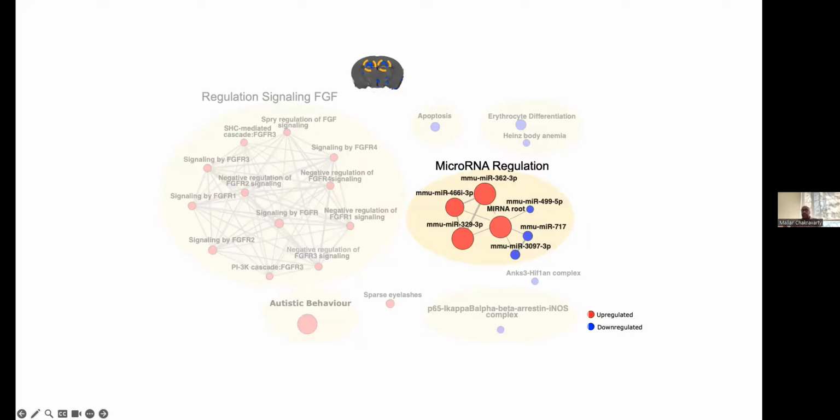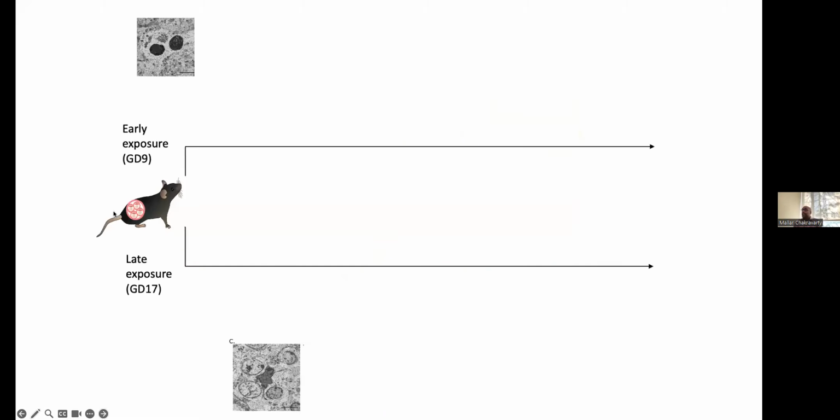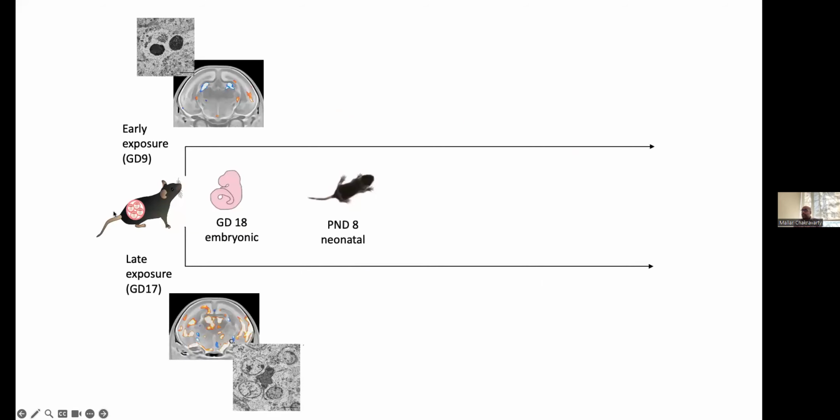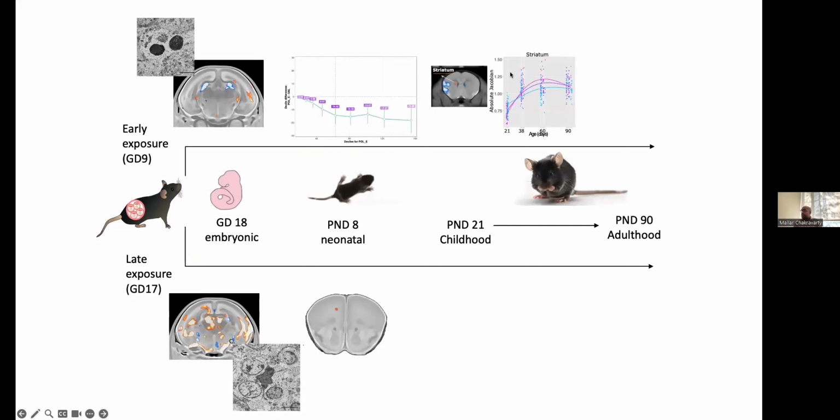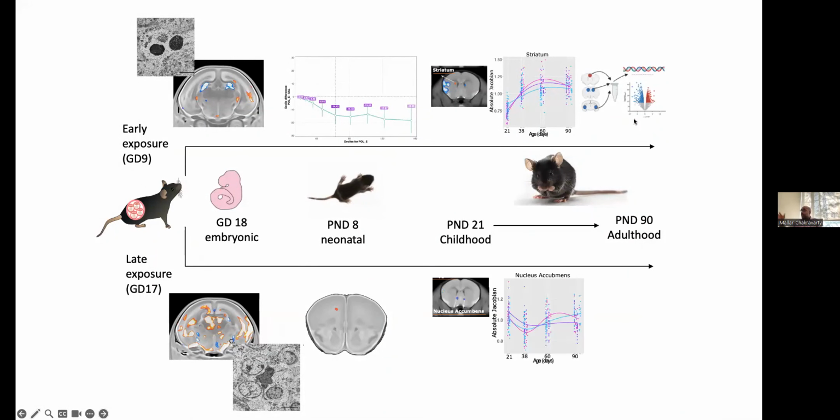So all in all, this paints a picture of how we can now use these types of assays to get some insight into what might be happening in the human condition. And then we can go back to our timeline and start stitching together the different pieces of what might be happening. So, for example, the overshoot and the normalization in the early exposed mice, followed by the transcriptomic profile. There's a homologous story in the late exposed mice that I'm not providing here. And there are some experiments that we did in the early lifespan, which showed very subtle differences in anatomy and some disordered behavior that I'm not showing here today. But this gives us a sense of where the vulnerability windows might be.